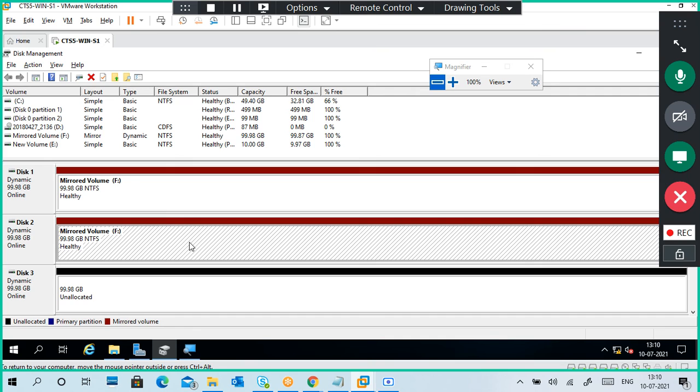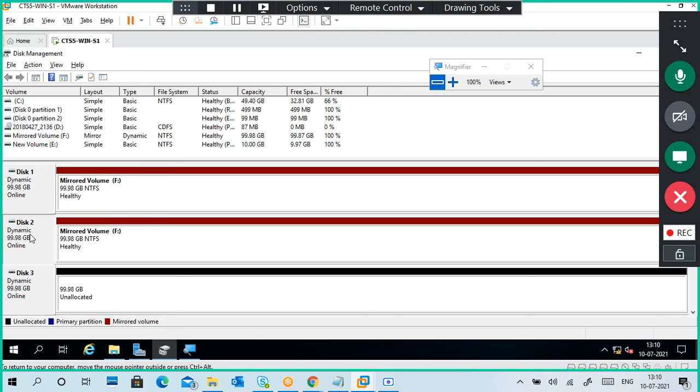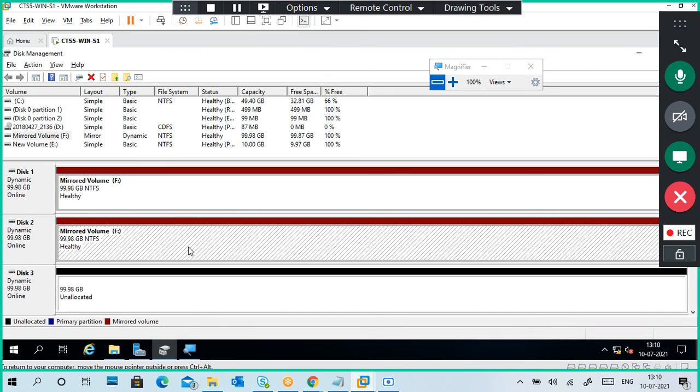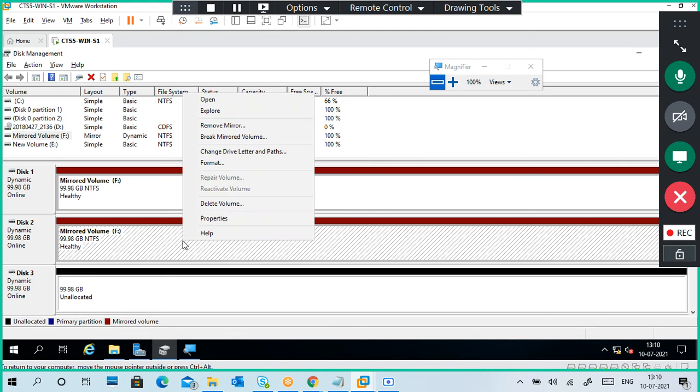Now both are healthy. Mirror is not broken. Luckily, the mirror is not broken while I reactivate the disk. If you remove the disk or maybe format the disk, you may get it. But if you delete the volume, both will be deleted.